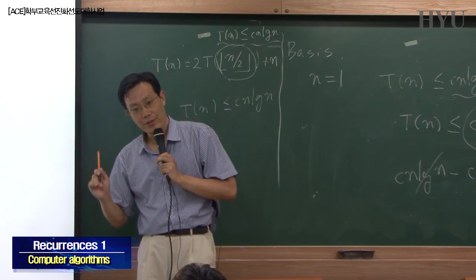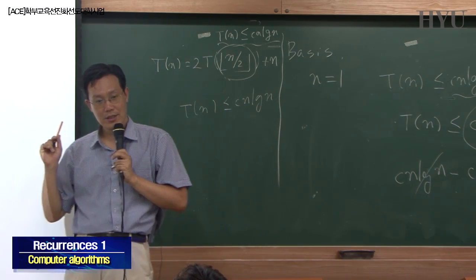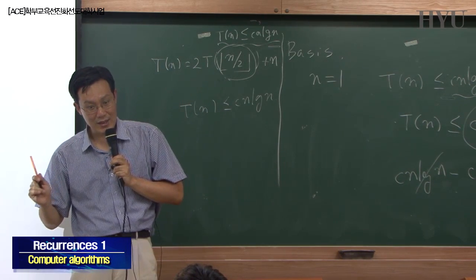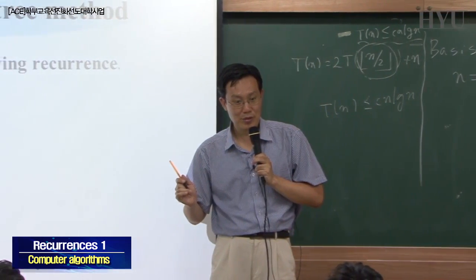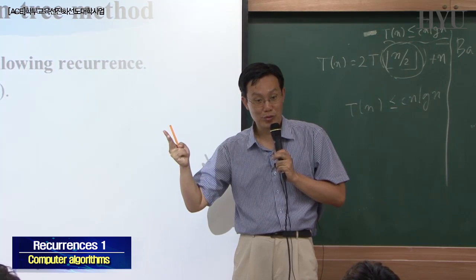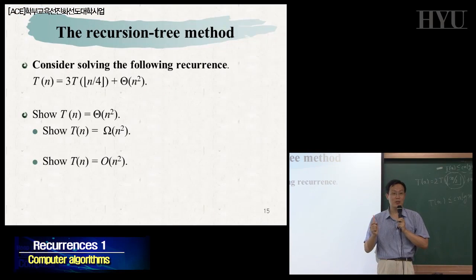The degree of T of n is smaller than or equal to 2. So the degree of T of n can be 2, 1, or something else in between, or less than 1. Okay? So,